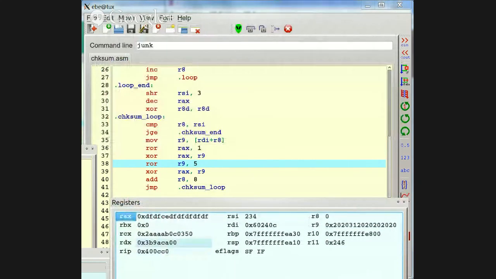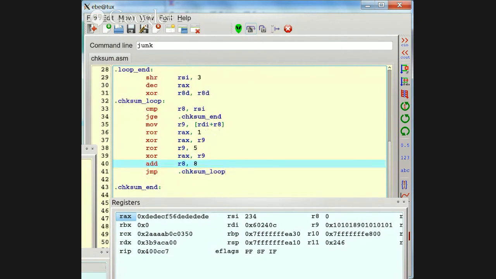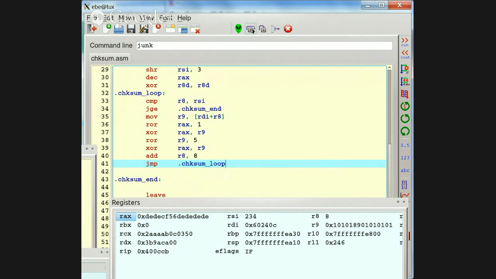All right, so after we did this exclusive OR, you can see the 2020 stuff ends up with some bits that are pretty much repeated patterns of DF. And then the next thing is to rotate 9. All right, rotated, we get a different pattern. And then I've exclusive OR'd that with RAX. And then let's see what happens with the next thing.